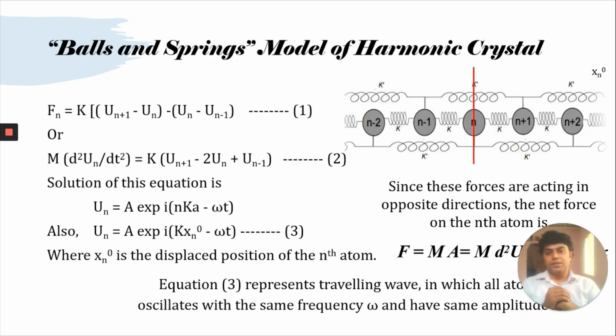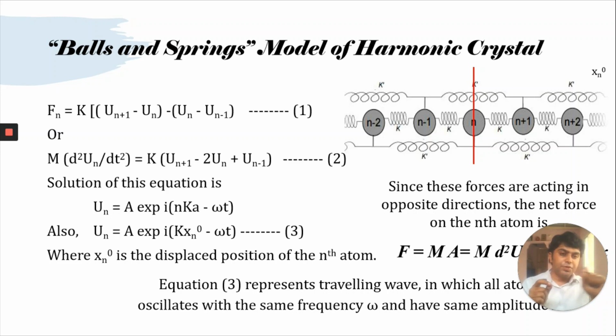Now here comes the Newtonian physics. We need to make use of F equals m a, force equals mass into acceleration. How do we consider this concept in this case? It's very simple, because the force exerted on that nth atom will automatically give out its energy towards its left or towards its right. So how does the harmonic wave generate, or how does harmonicity come into the picture? Because we are discussing harmonic vibrations, harmonic vibrations are very important in this particular case.